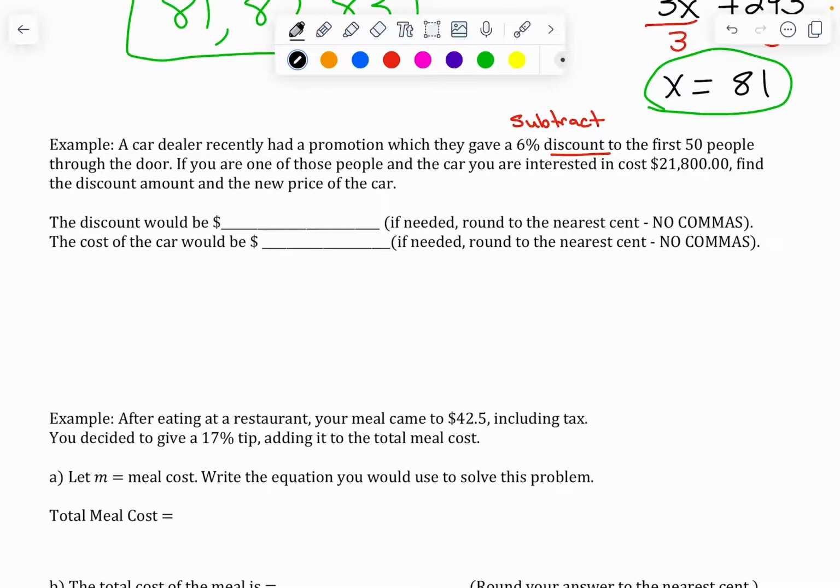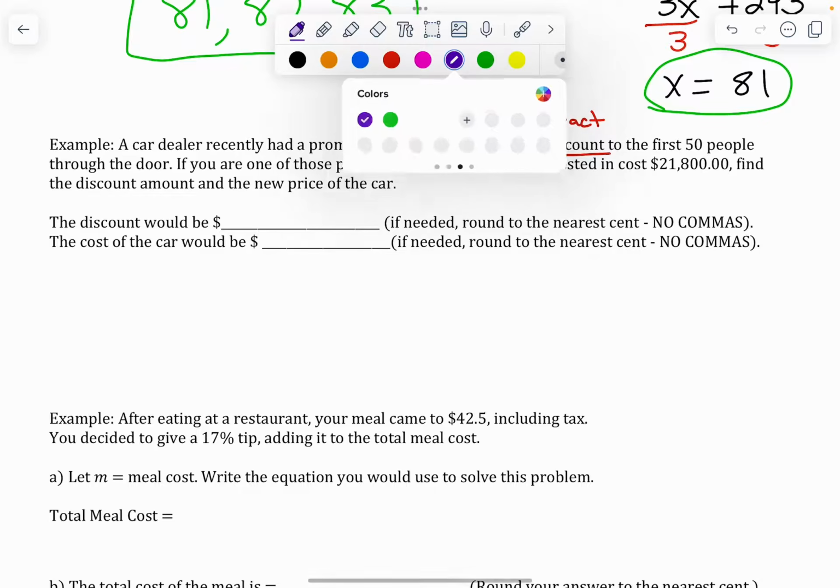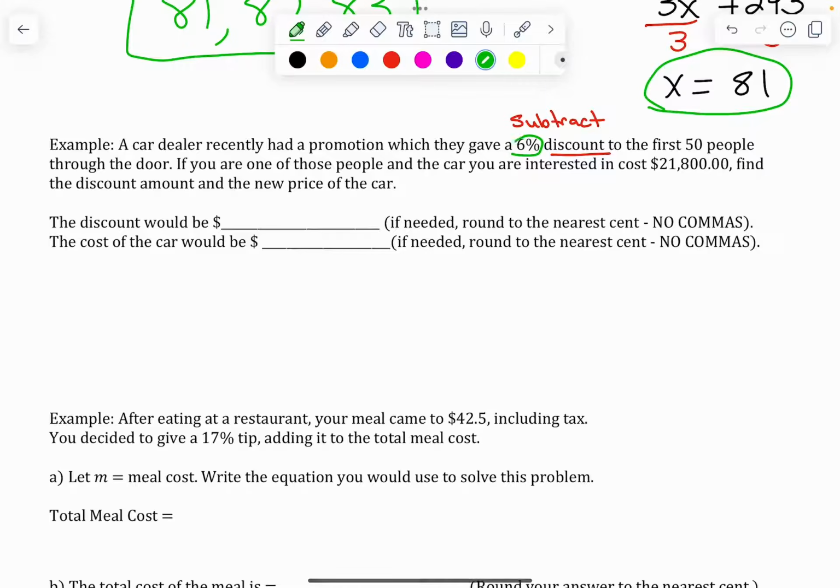So first we have the discount amount, which is going to be 6%. We can never plug a percentage in, so we need to change that to a decimal. So it becomes 0.06. And is it important to know the number 50? The question isn't asking us about how many people, it's asking us about price. So 50 people isn't really important in this question, so we're going to cross out the 50 so we don't try to use it. So if the car you're interested in costs